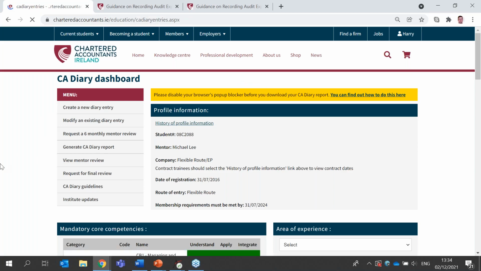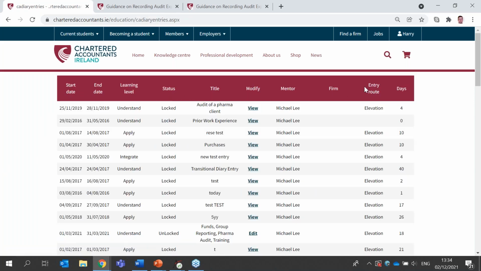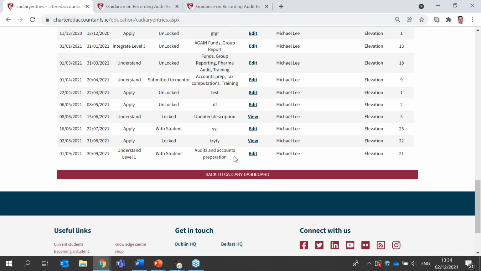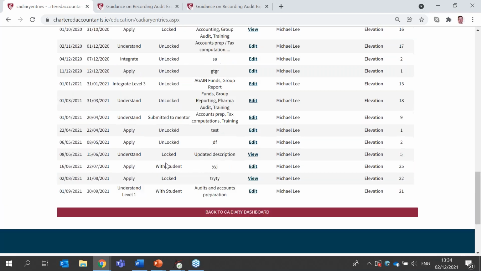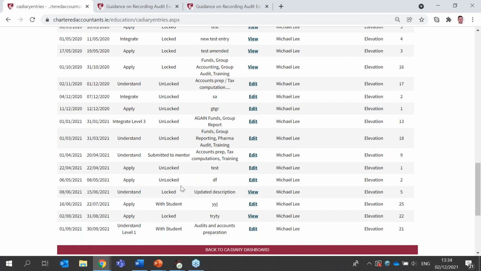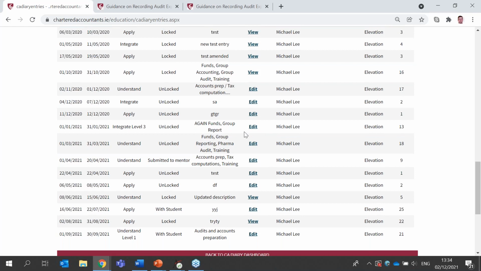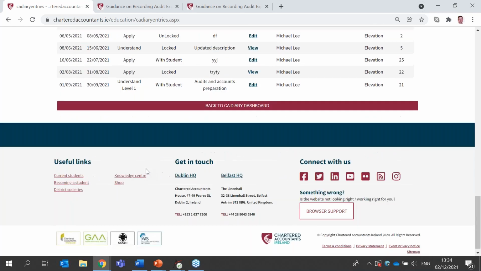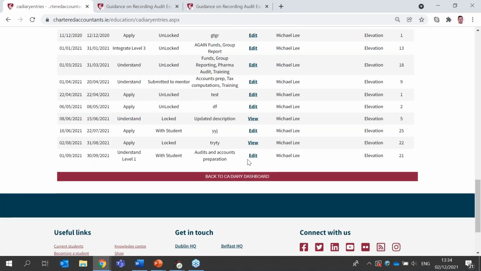Now, if I wanted to go back and modify that diary entry, here's a handy tip for you. This banner up here, you can click on any of the values and it will filter in that order. So if I click on start date, it's got the earliest down to the most recent, and the one that I've just newly created is editable. There's no changes there in terms of diary entries that are submitted to Mentor or unlocked or with student are, as you can see, editable. Anything that is locked is view only. If you need access to any of those, you need to speak to your mentor or training support and get